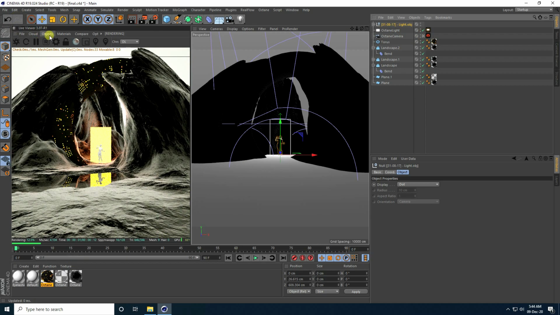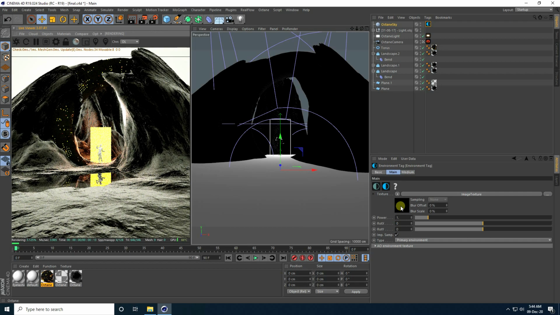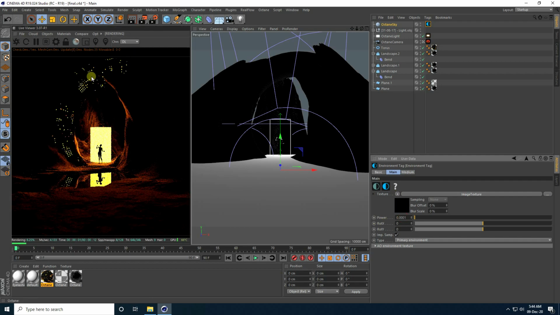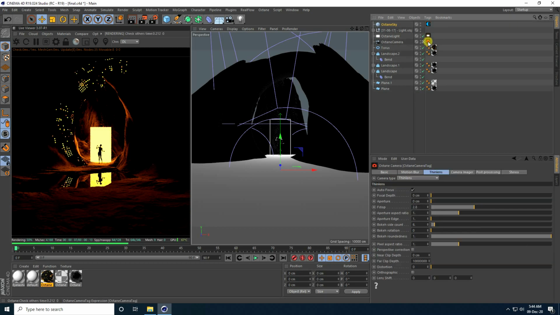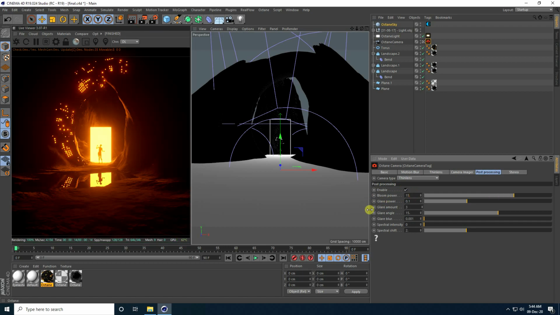Okay, so now guys, I take the HDRI environment, and this environment take black color. Yes, see guys, that's really good. Okay, so last one, guys, my composition is finished. Go to camera and post processing check, and bloom power I take like 15. Yes, see guys, that's really beautiful render.